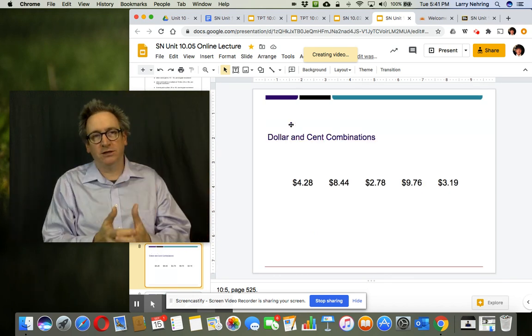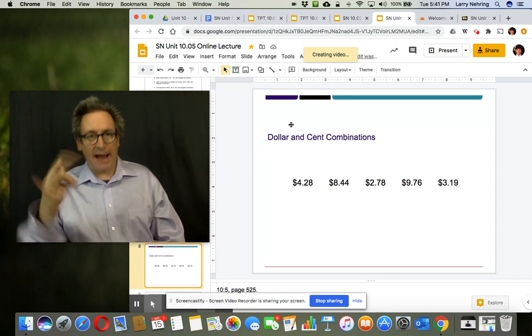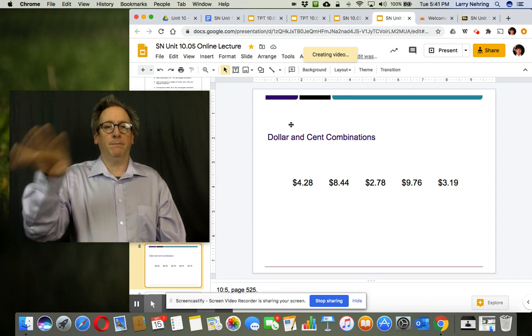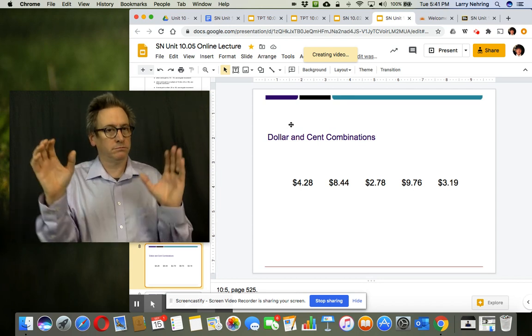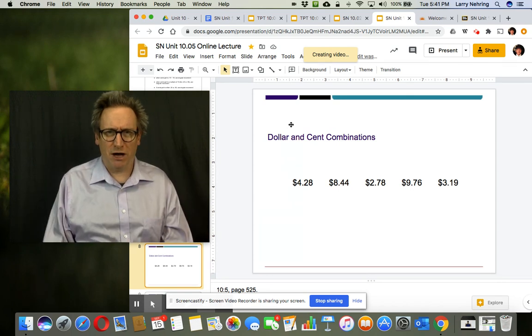So now more combinations. $4.28. $8.44. We already know by that pattern, twist, bump, bump, twist, number, number. That means money. And context clues should leave that out. You're probably never going to start a conversation with,